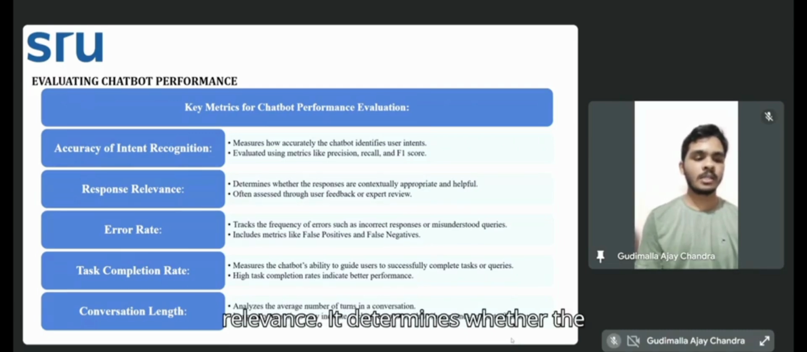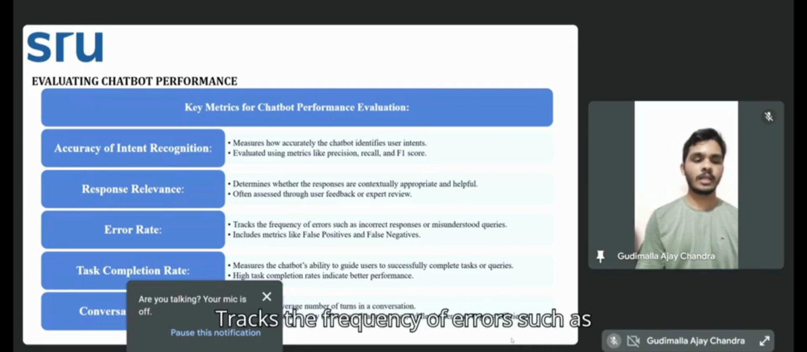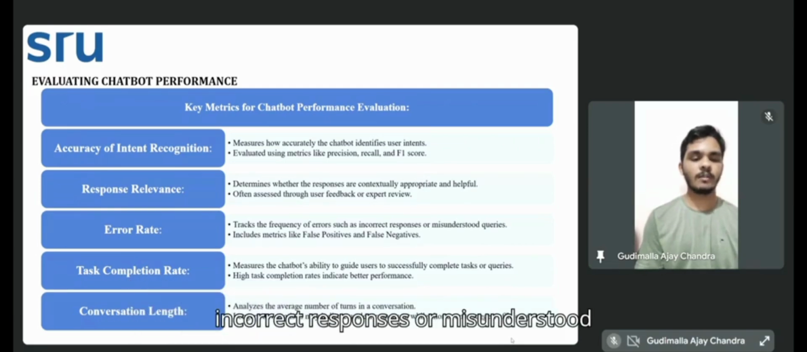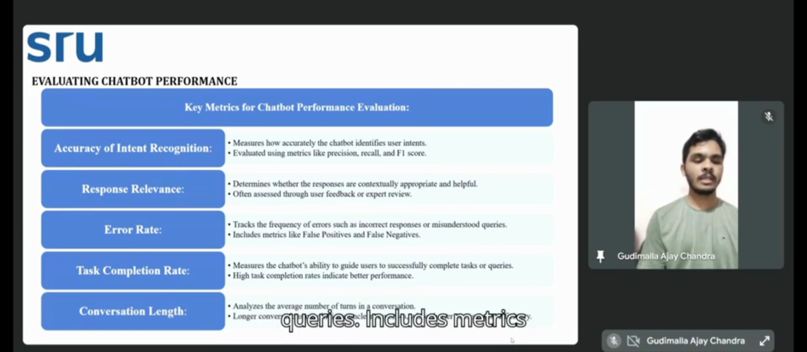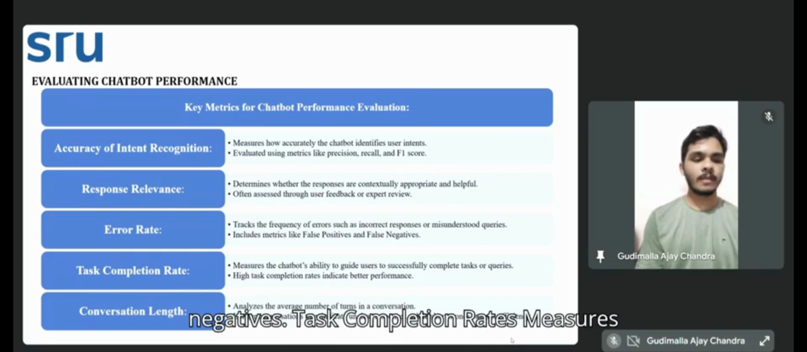Response relevance. It determines whether the responses are contextually appropriate and helpful, often assessed through user feedback or expert review. Error rate tracks the frequency of errors such as incorrect responses or misunderstood queries. It includes metrics like false positives and false negatives. Task completion rate measures the chatbot